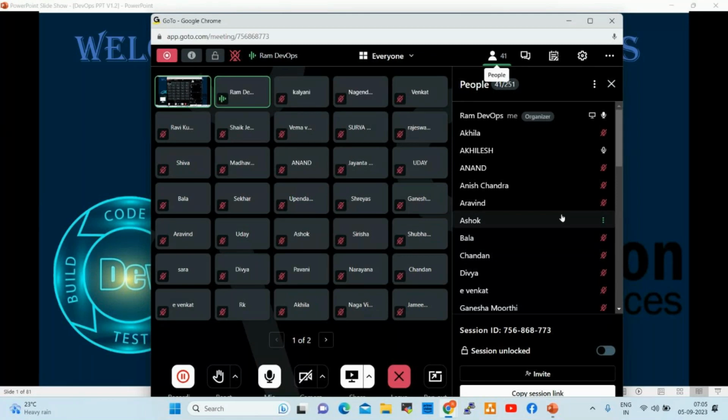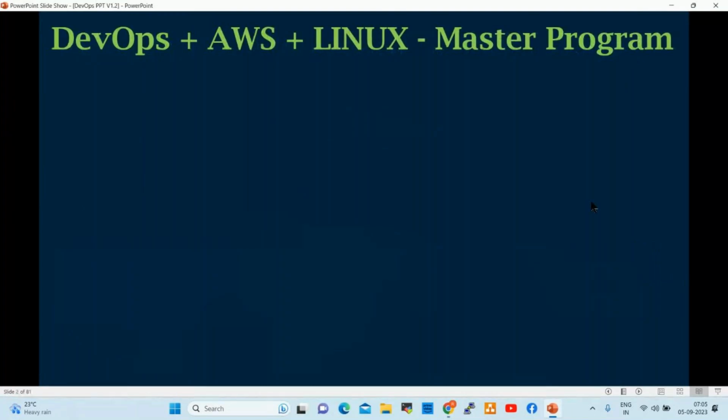Fine. Let's get started. This is the AWS plus DevOps plus Linux master program. In DevOps we have different core tools, and every tool we will go deep dive. AWS is a cloud platform, Amazon Web Services, and Linux is required for AWS and DevOps.